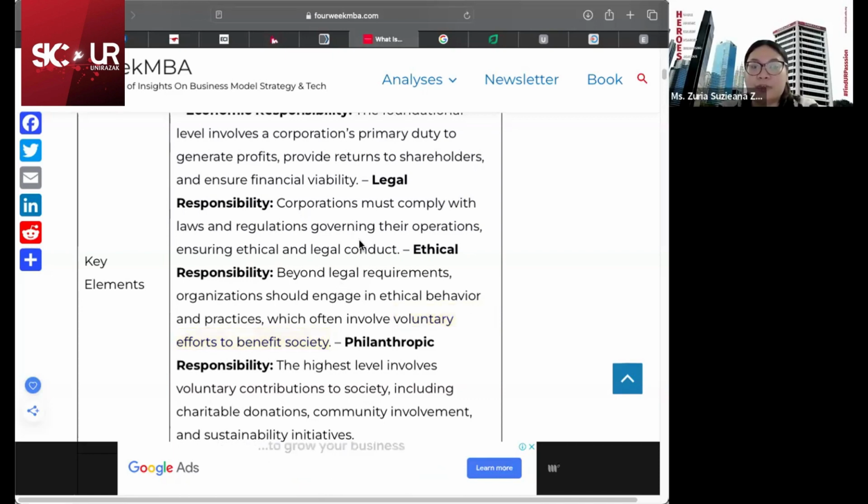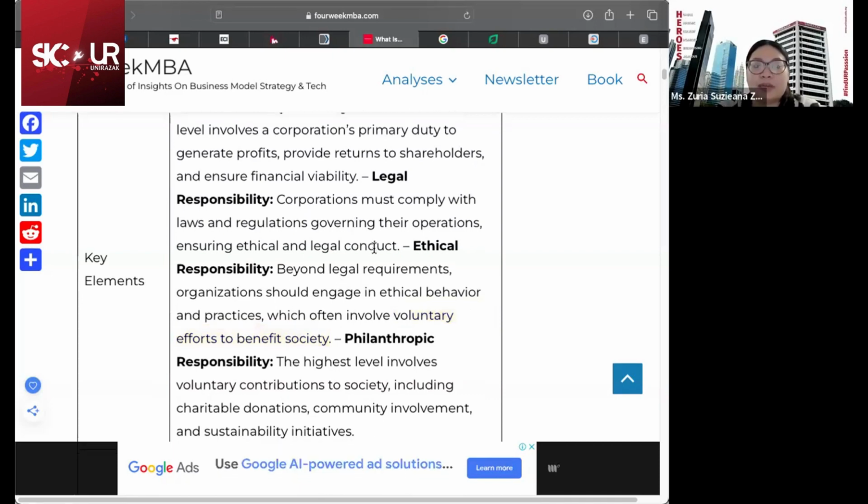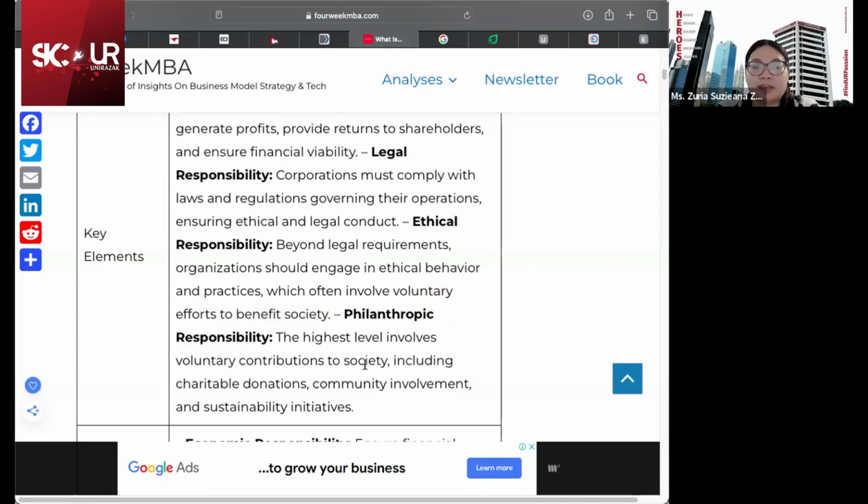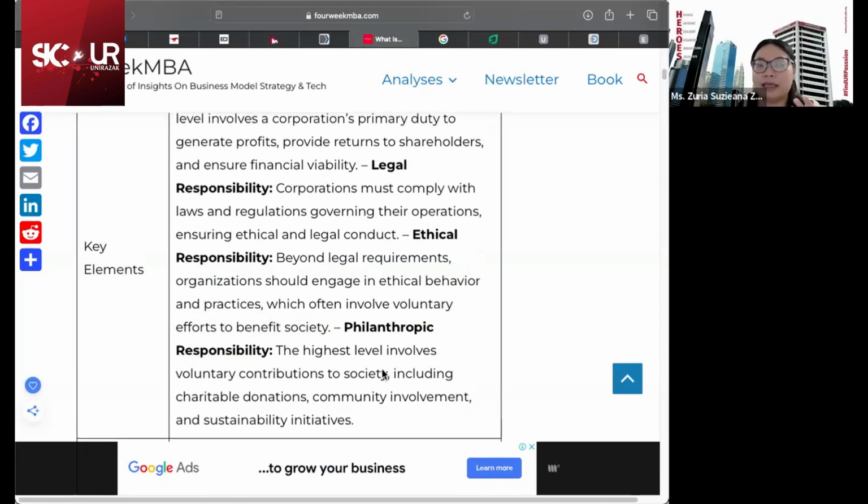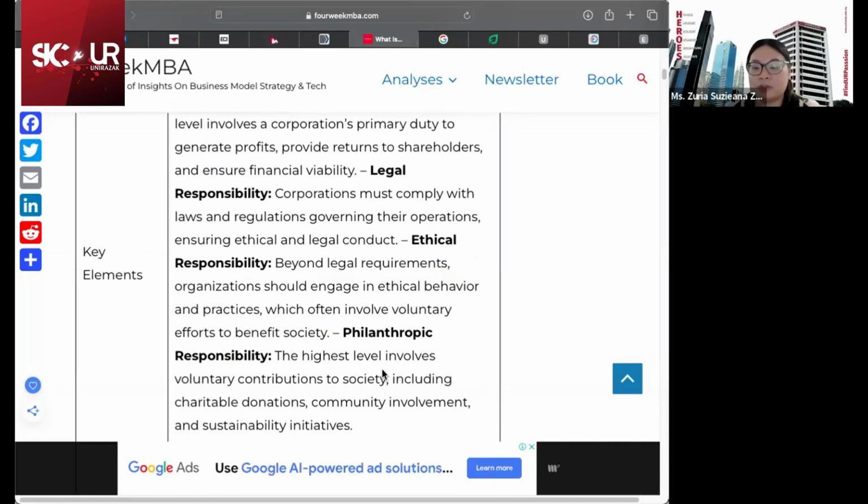Kalau tadi legal responsibility, it's a compulsory. So lastly, this is the highest level, where this is a totally voluntary contribution to outside your organization. This is what it means by philanthropic responsibility. Meaning that, from the way that I see this, once you have profitability and then you have cover,